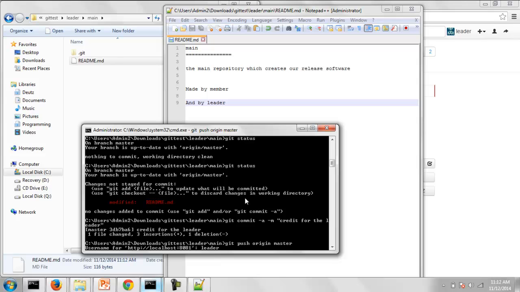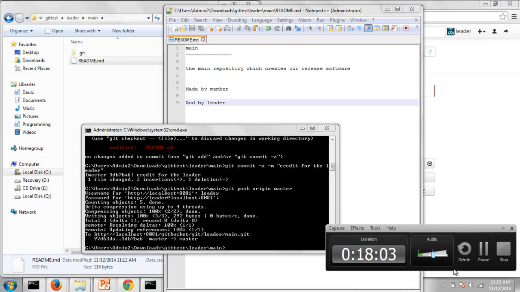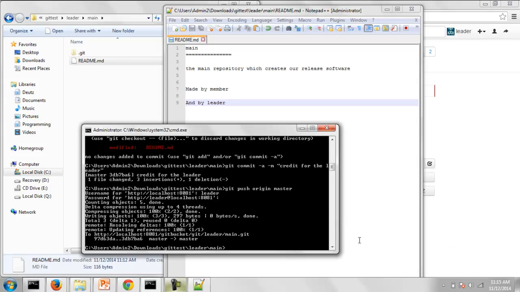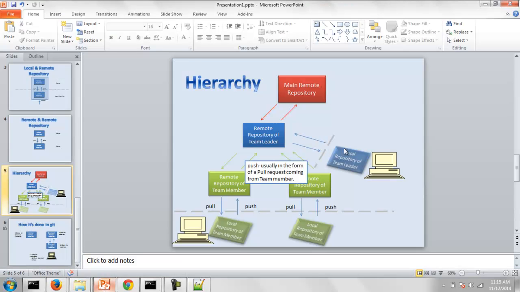And leader. Alright, so now what's happened is that the leader has pushed some changes from his local repository to here, yet